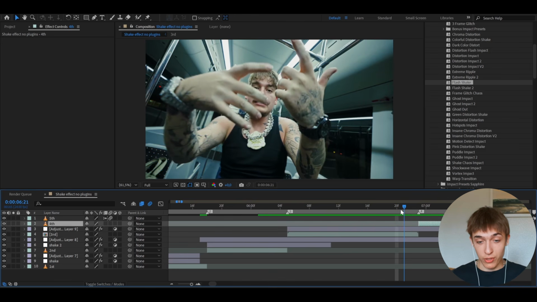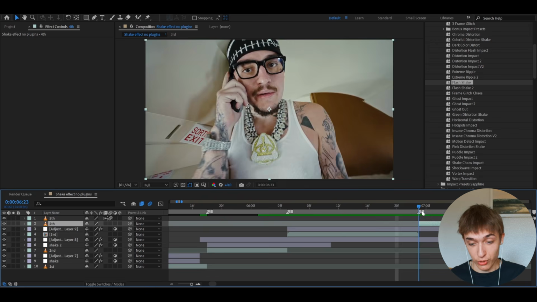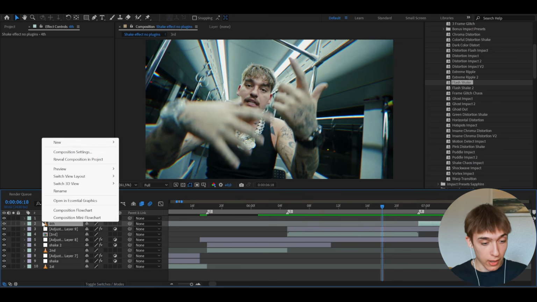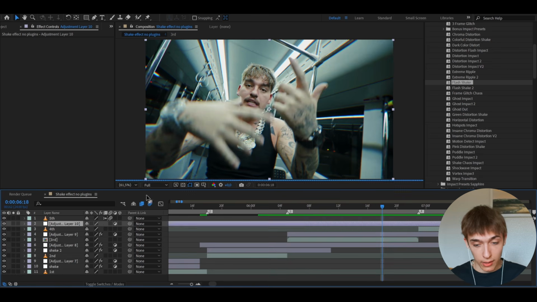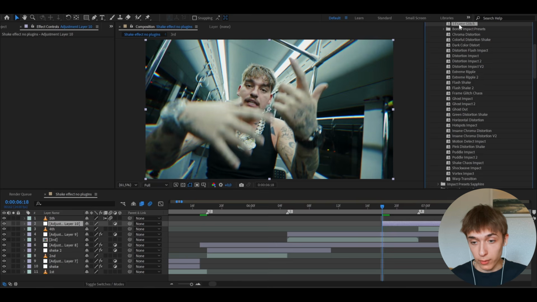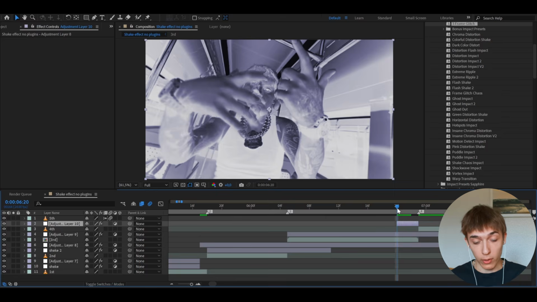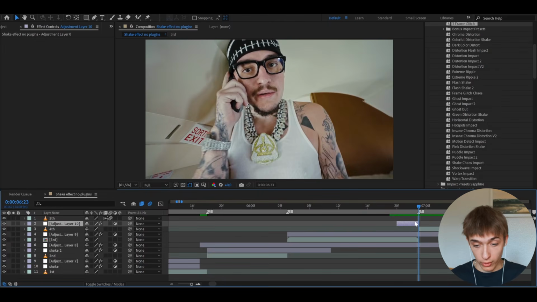As a transition, if you want to have a crazy shake transition, what you can do is of course make another adjustment layer by right clicking, adjustment layer. And here we could add a three frame glitch effect. Now honestly, the three frame glitch effect is just going to last for 3 frames, but it's very good to add before a transition. So as you can see, it does these three frame glitches, and then it goes to another clip,